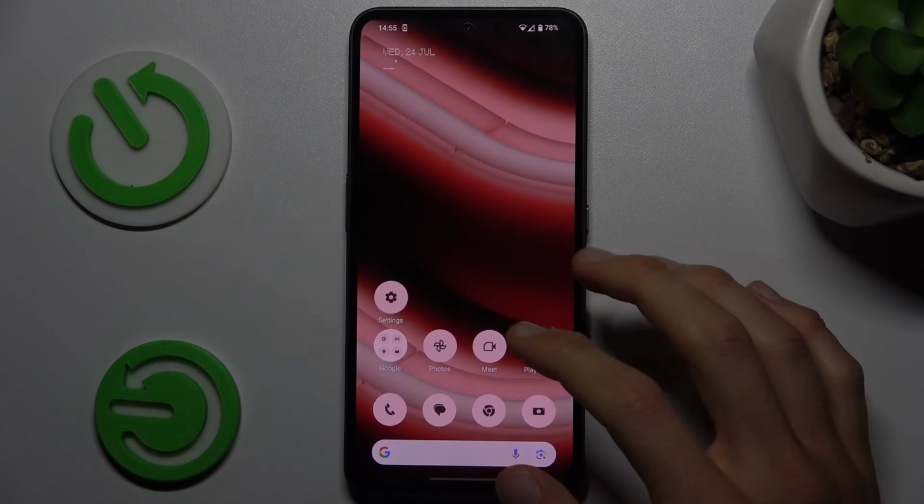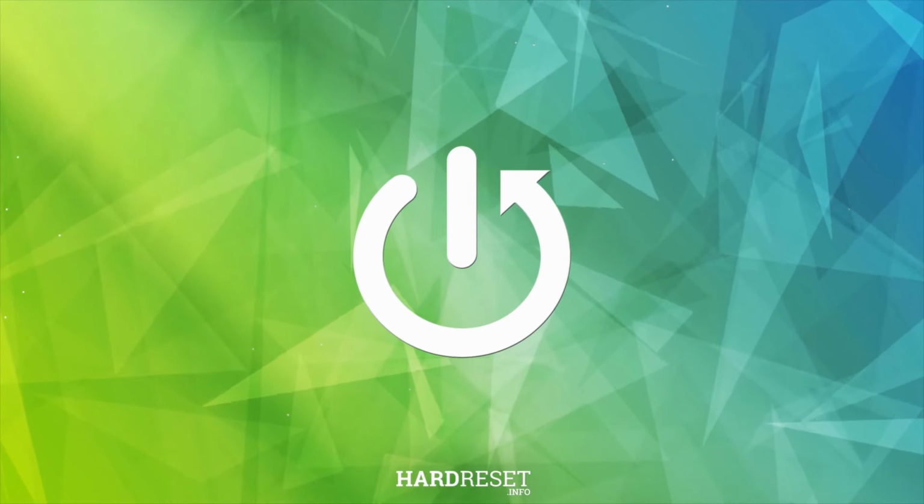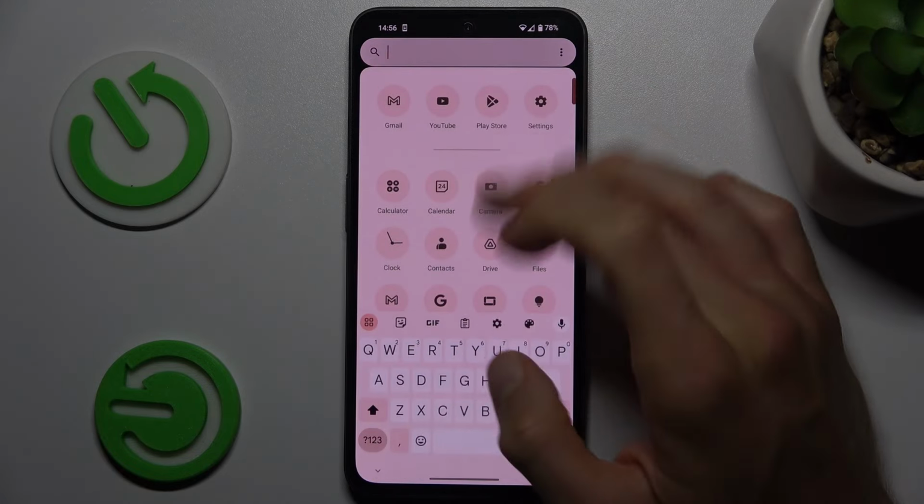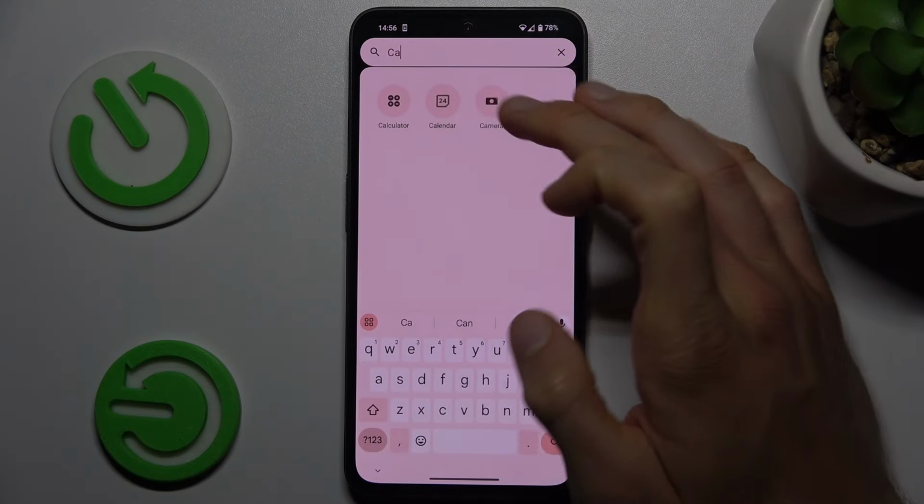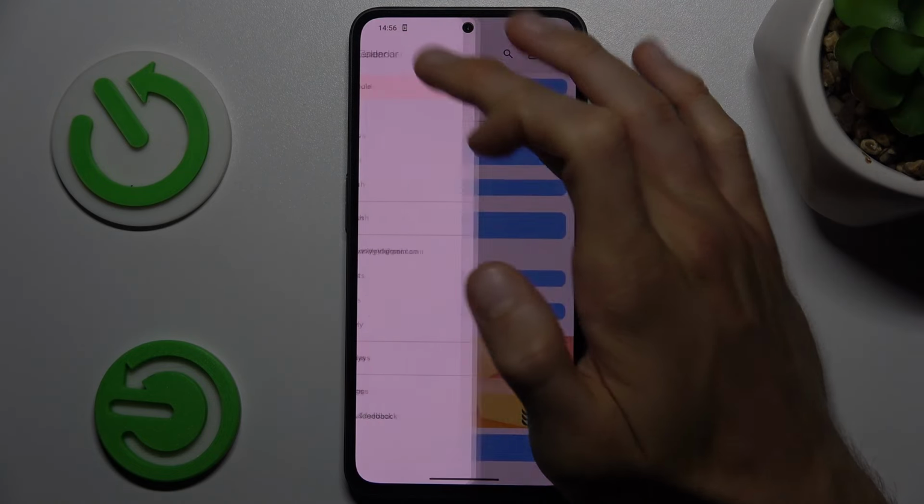Today I have Nothing Phone 1 and I want to show you how to add an event to your calendar. Open the calendar application in it. Tap on the day when you want to add your event, maybe